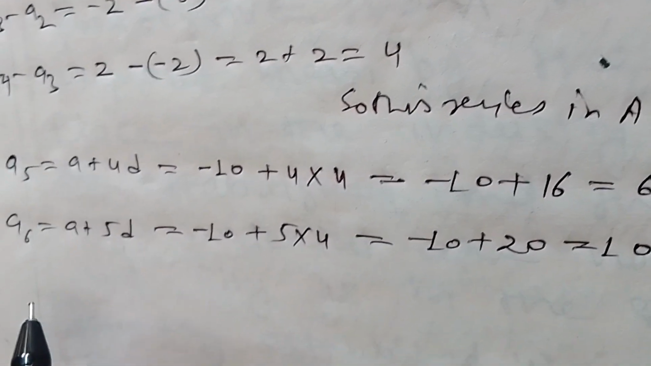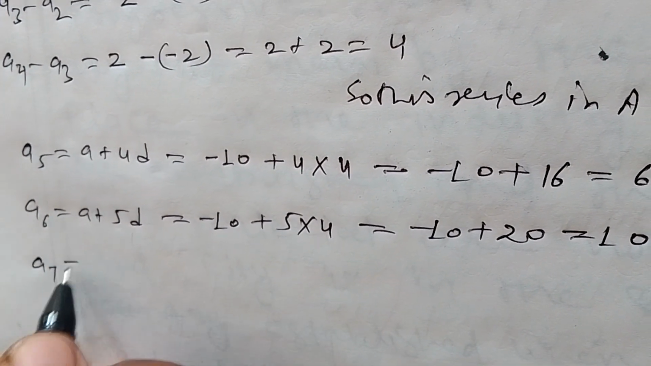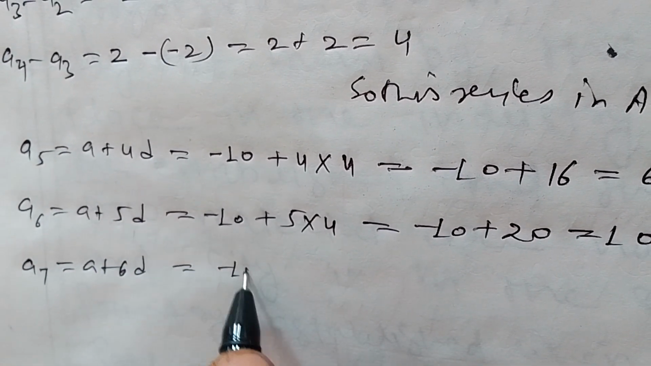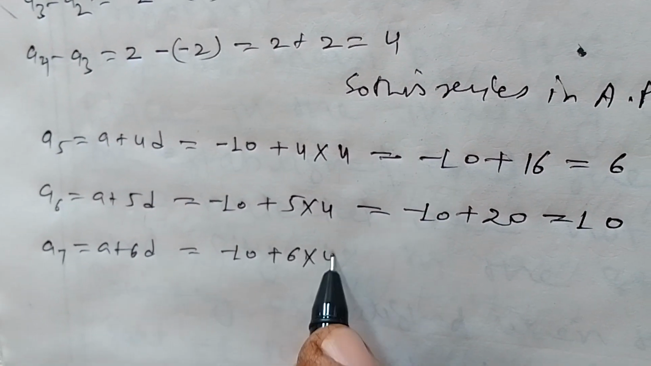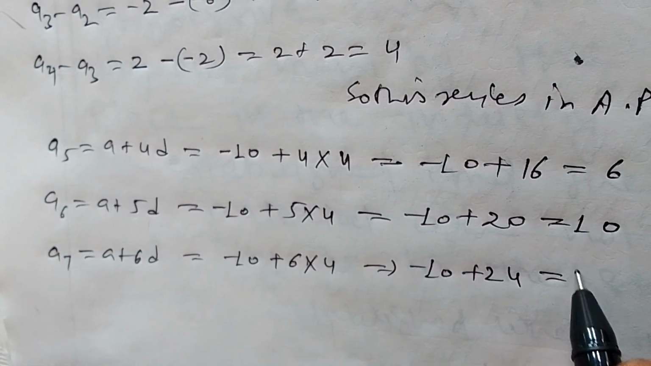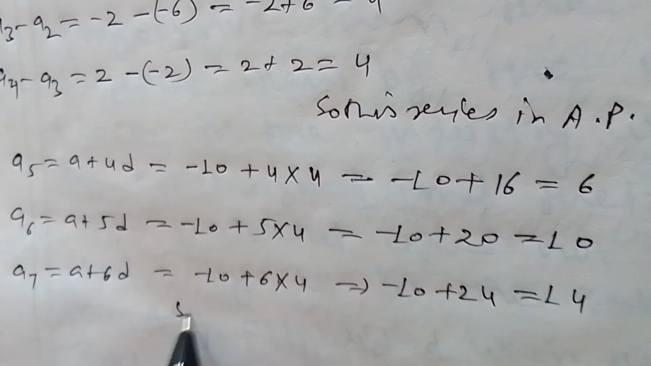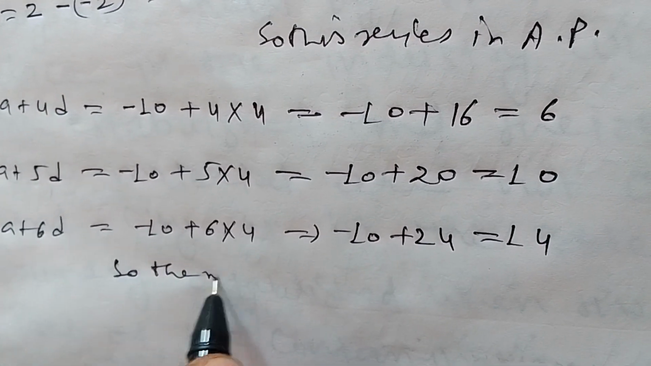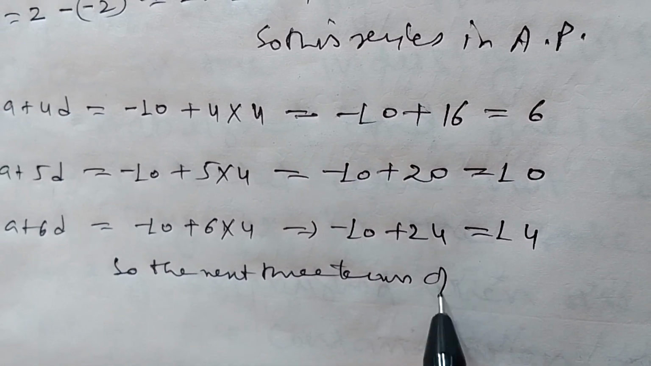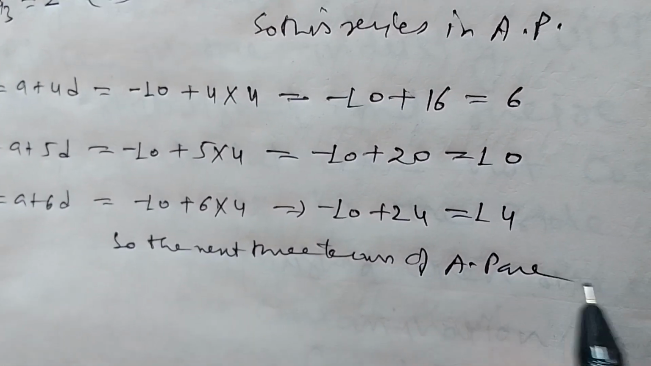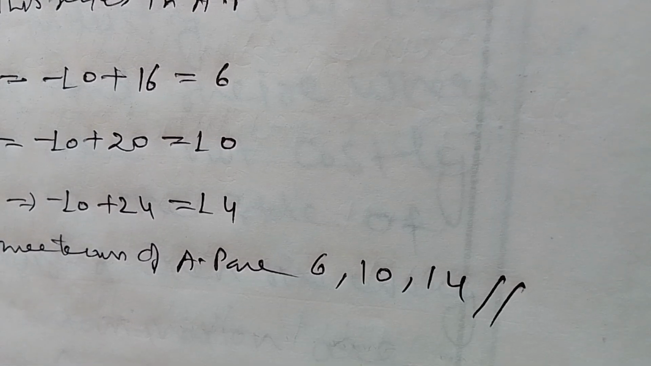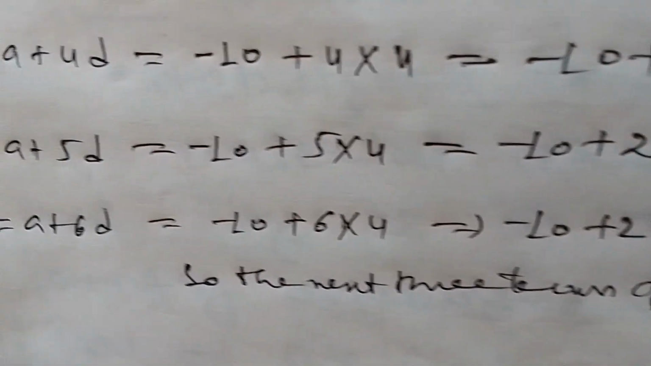Now A7, A plus 6D, that is minus 10 plus 6 multiplied by 4, that comes out to be minus 10 plus 24, that comes out to be 14. So the next three terms of the AP are 6, 10, 14. This is the answer of the fourth part of the question. Now the fifth part of the question is